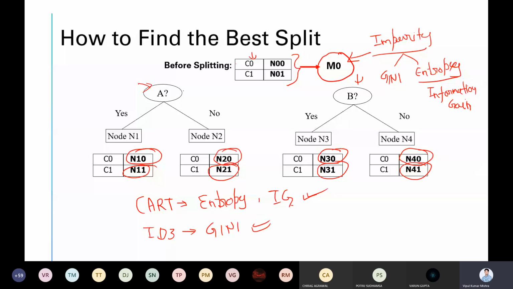How will you compute the binary? It is quite simple because you have two answers, yes and no. But if you have numeric data, you will sort it and find out the best result based on the Gini score or based on the entropy. Means if you use Gini score, the entire thing will be based on it; the mixing is not there. Later you might want to mix both the algorithms, CART and ID3, and devise a new algorithm. That is up to you. I didn't experiment on that, but if you want, you can do it.